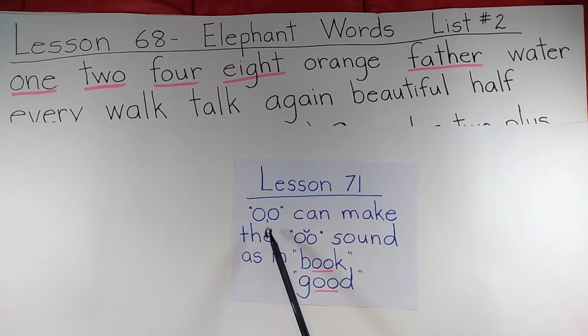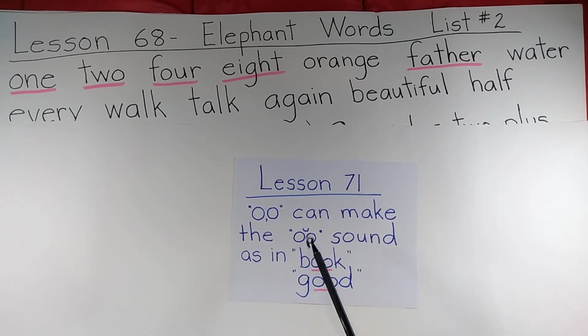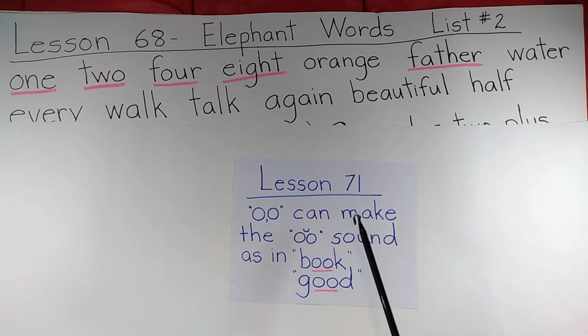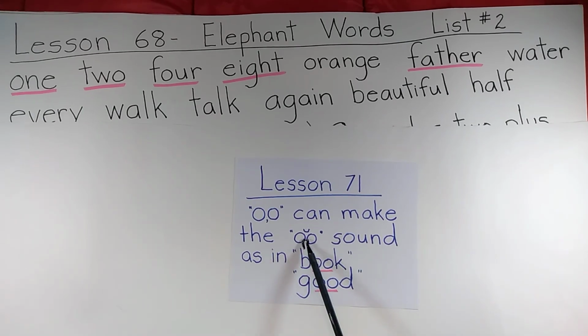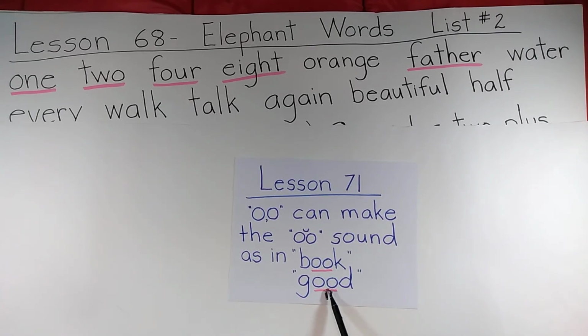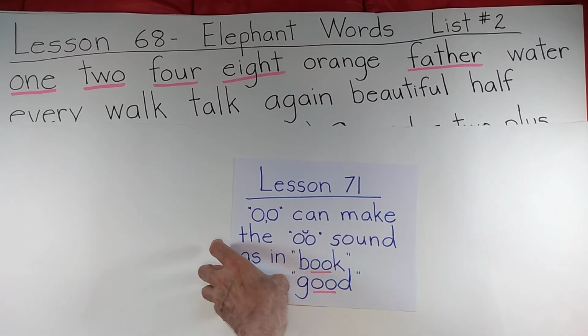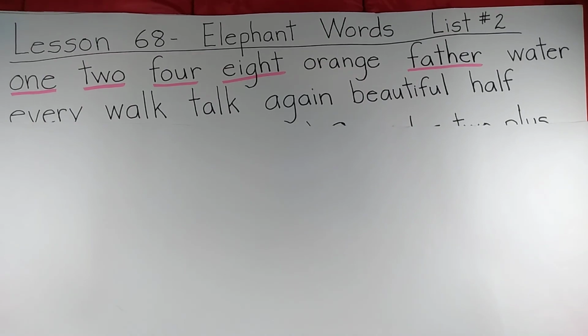In this lesson, we're going to find out that OO can make the short oo sound, as well as the long oo sound, which we've already discussed. It can make the short sound in words like book and good. We're going to now